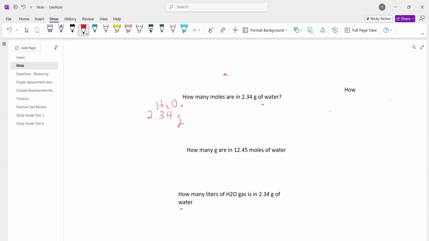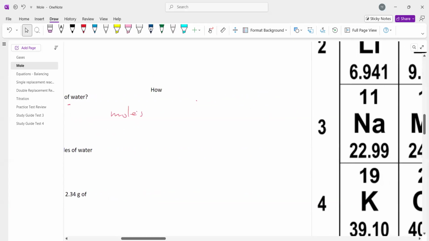Okay, and what are we trying to calculate? Moles. This is just like unit 1 now. Same process. Okay, so do we have a conversion factor that's got grams and moles in it? Yes. We've got the molar mass. Our grams are going to cancel. So we have to figure the molar mass for water. So using our periodic table,